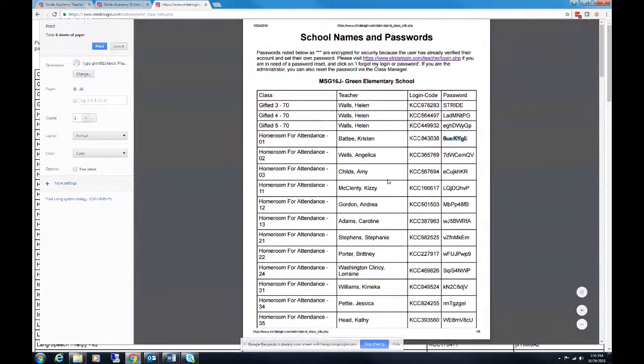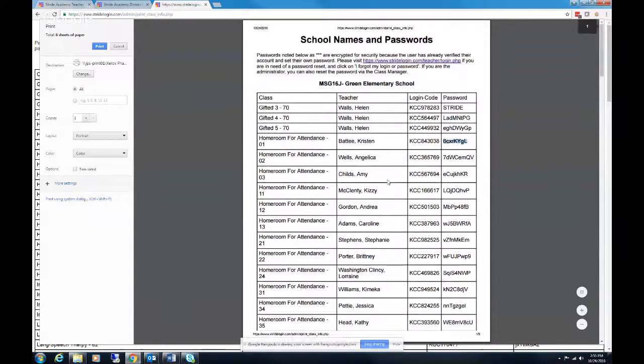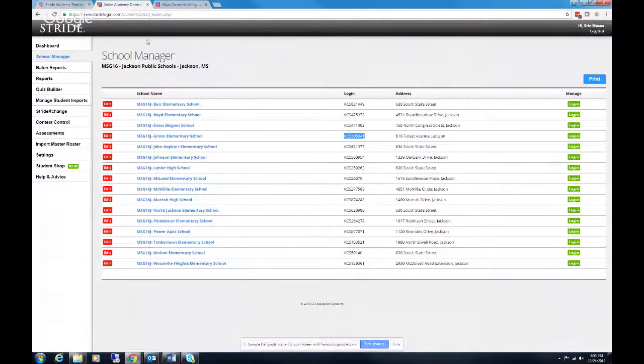So basically, for this particular school, I can print page 1 and page 2 of this sheet, and I'm done. As the teacher, I'm only going to need one code, one password. That's it. Now, for the students, it's still the same thing. They're going to have that code